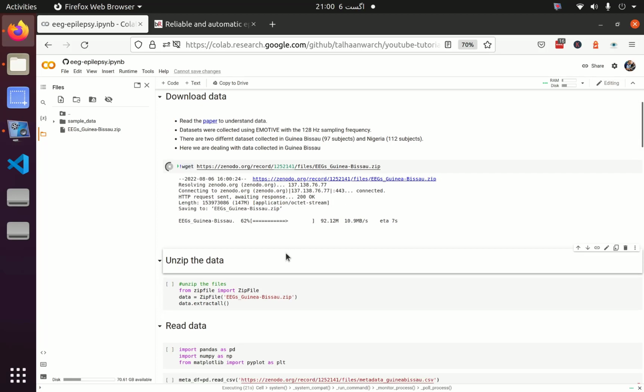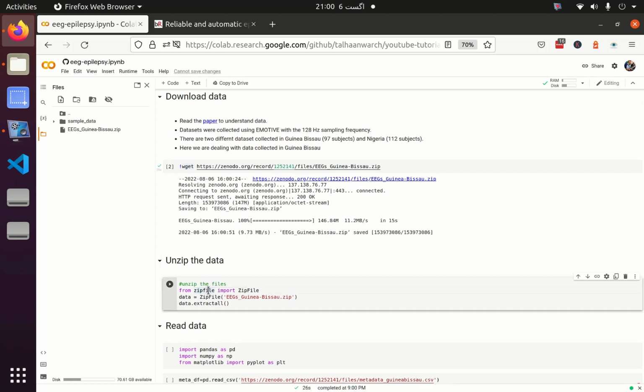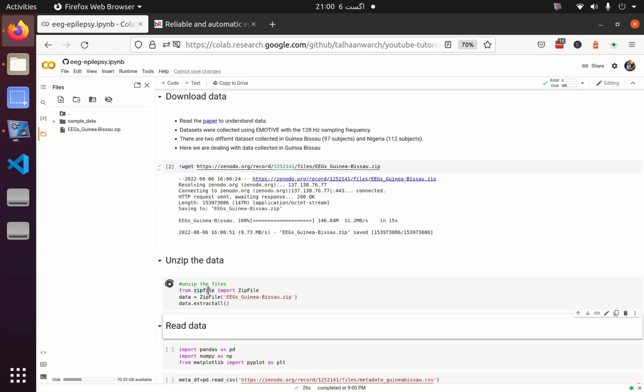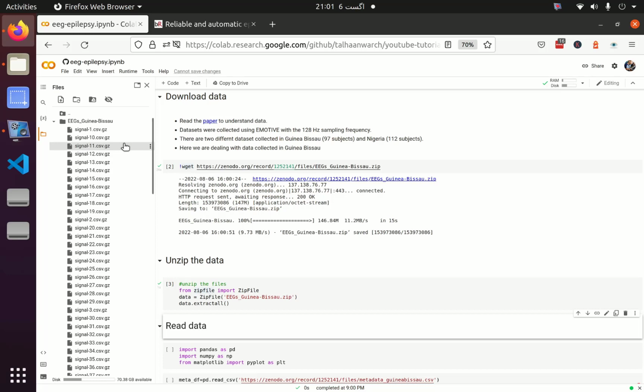After the file is downloaded, we have to unzip it. For that I am using the Python package zipfile. I can also use the Linux unzip command. So let's run that code and you can see now this zip file has been extracted. Let me analyze the zip file. There are different